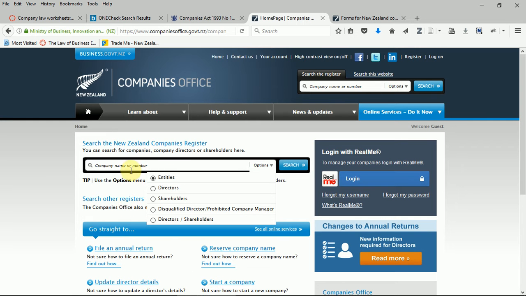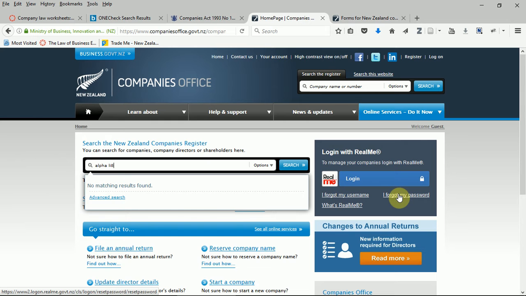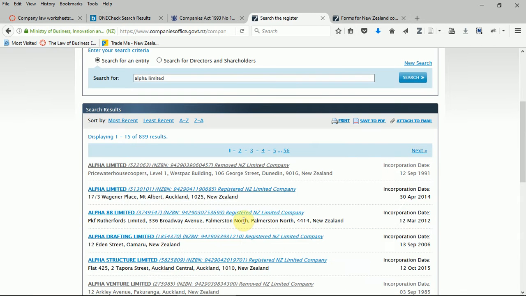So if we pick entities and we pick any kind of name, like Alpha Limited will do. So we find there's a lot. Now the first thing you notice when opening this page is Alpha Limited is greyed out. If it's greyed out, it's not a current company. It has been struck off the register for some reason, but it remains there, so you can find the company and know that it's actually removed or struck off. If we go to Alpha Limited,